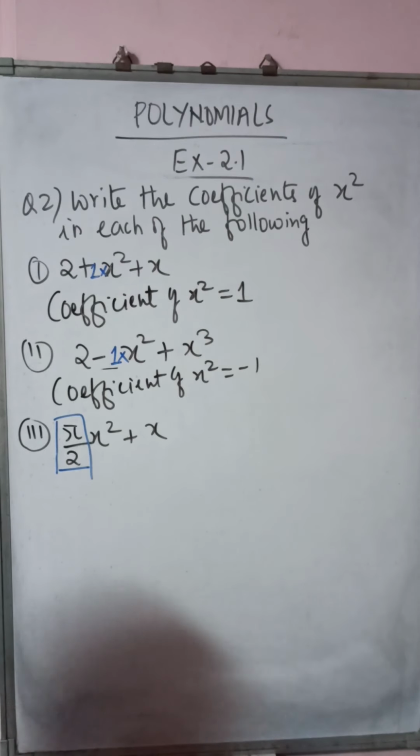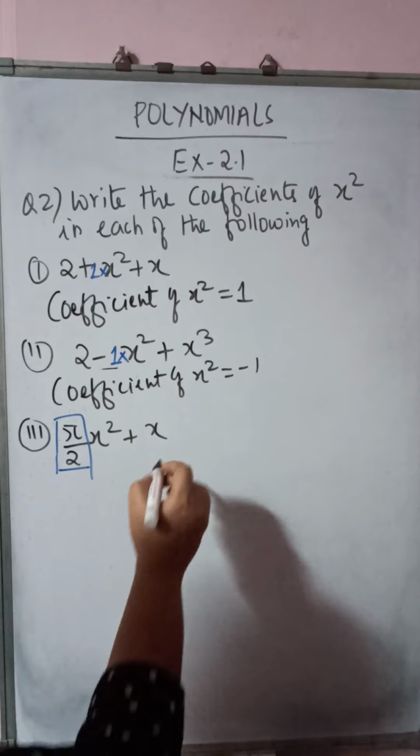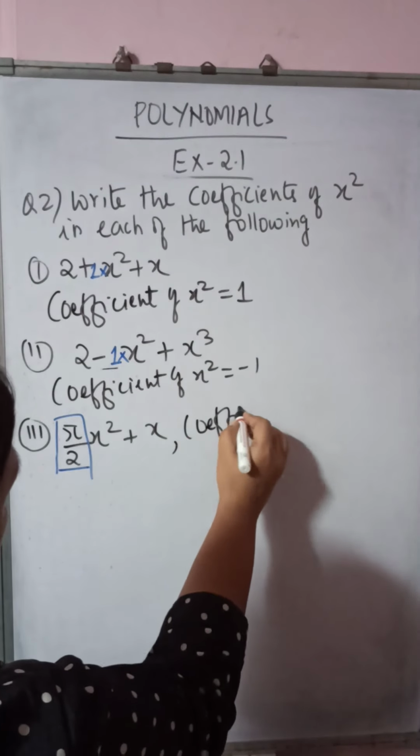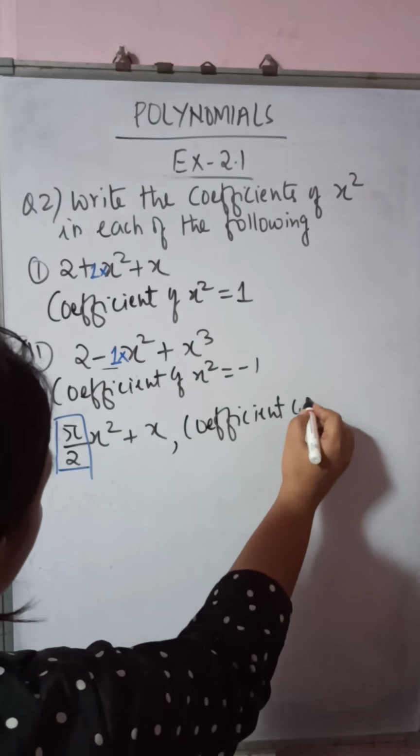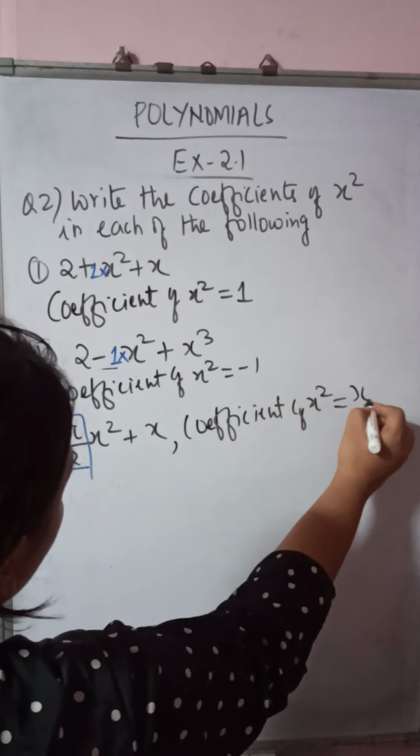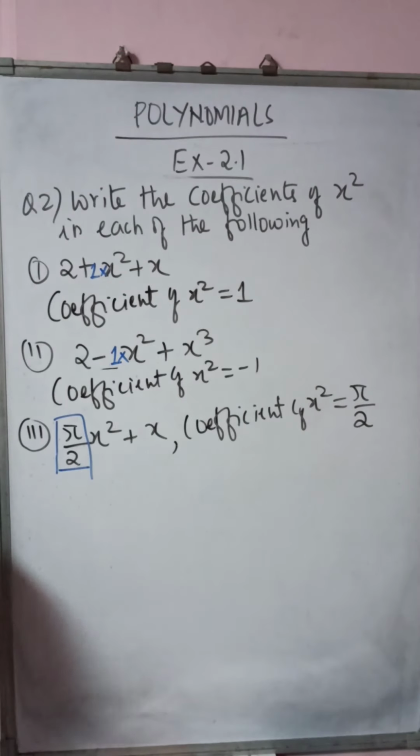Pi by 2, right? So what will be the coefficient? So the coefficient of x square is what? Pi by 2. Now fourth,